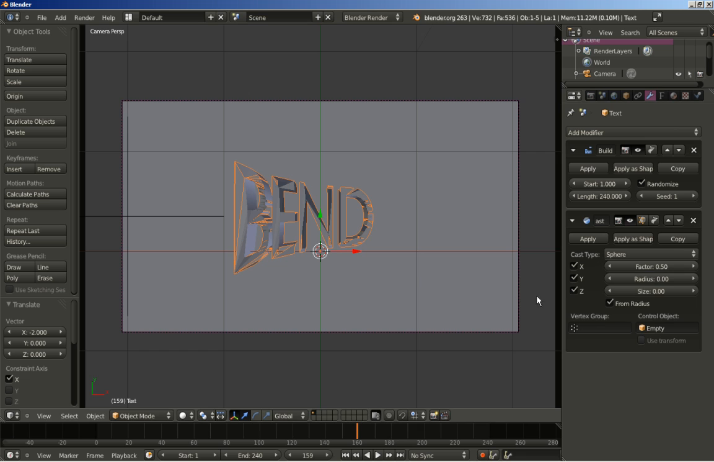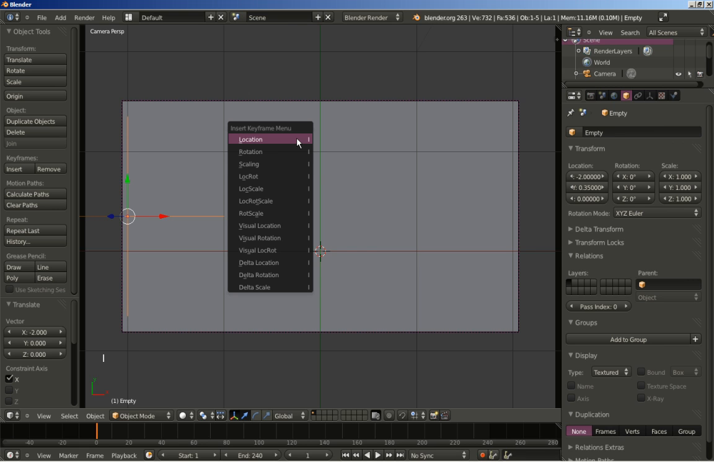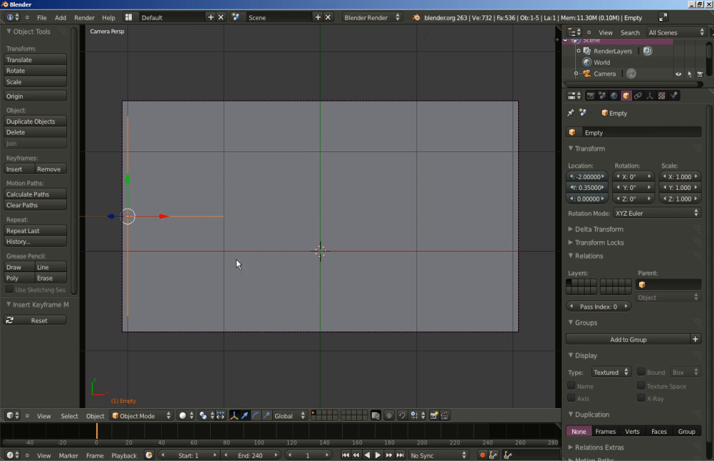Let's right click the text to select it, and let's change the settings a bit, or let's just first add some animation for the empty. Now I'll move back to frame 1. Don't worry, you won't be seeing the text because of the build modifier. So I'm back at frame 1. I'll hit the I key and insert the location keyframe for my empty here,